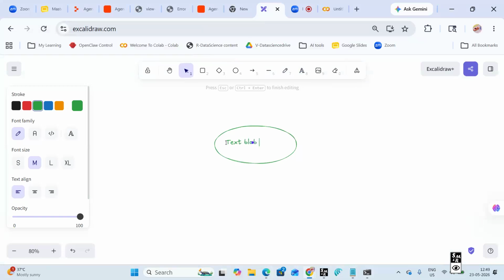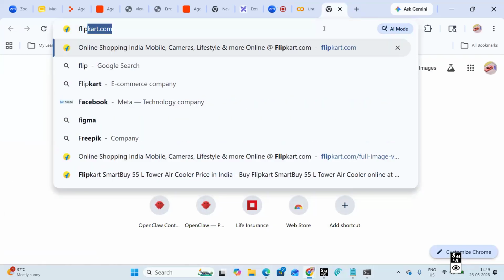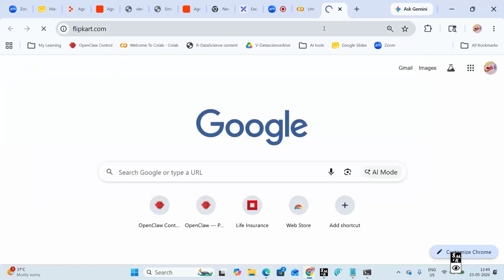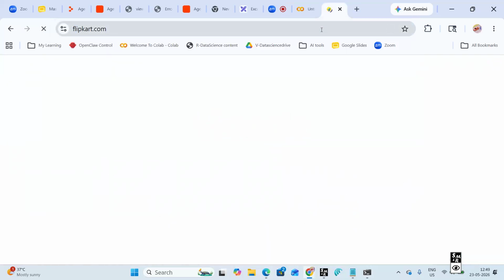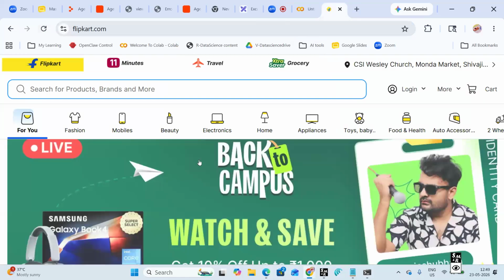Now I am trying to create a real-time scenario. If you see Flipkart or Amazon, people write reviews.